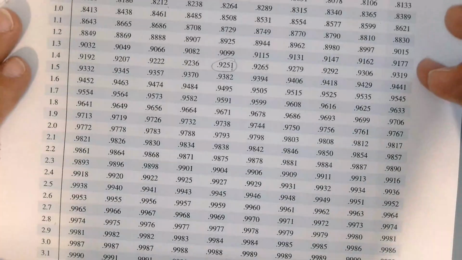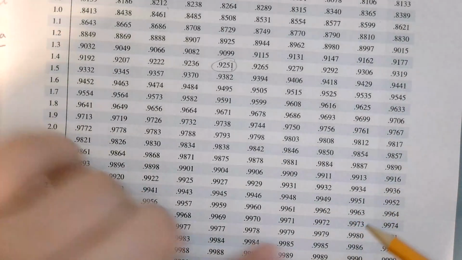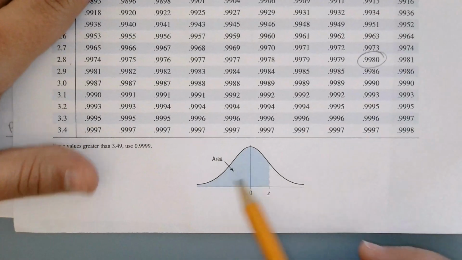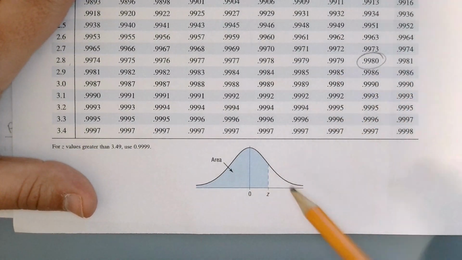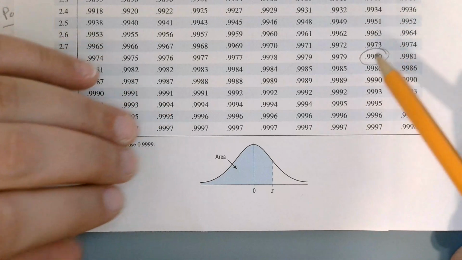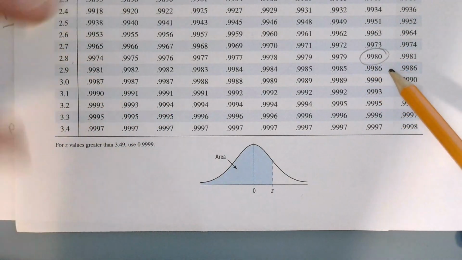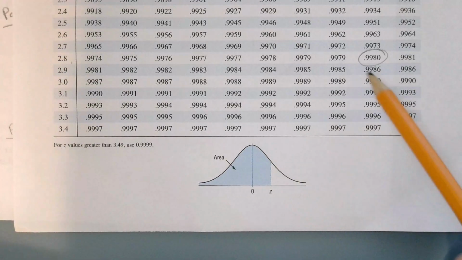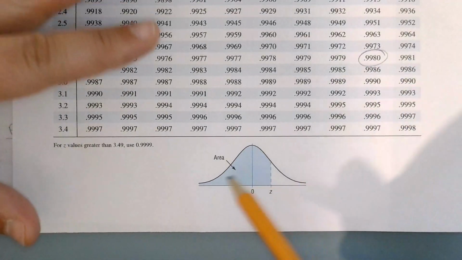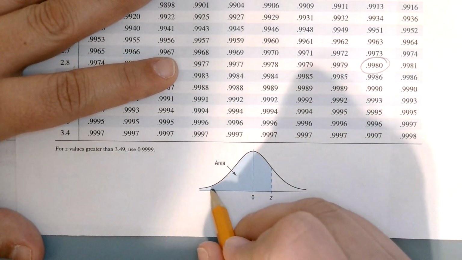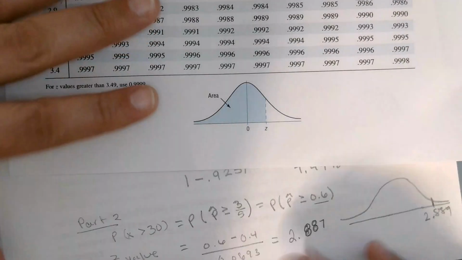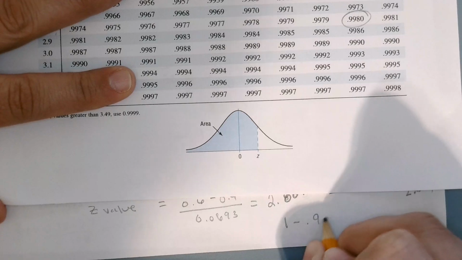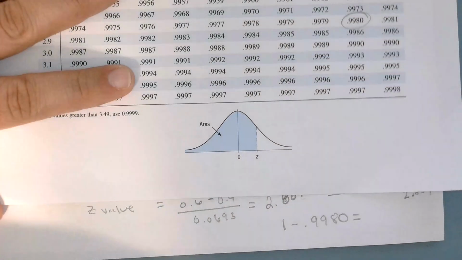There we go, 0.9980. Now again, there's always a picture on here to remind you this is the left-hand side. So if we say that she's got a 99.8% chance to win 30 cases, we'll be on the wrong side of this. So we have to do this number minus 1, which is the entire area underneath the curve. So we're going to do 1 minus 0.9980,